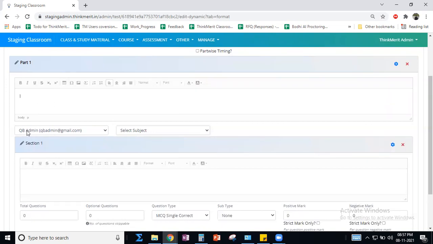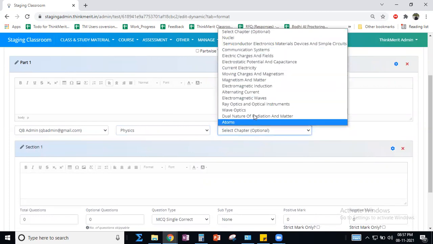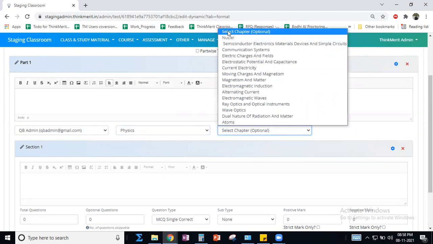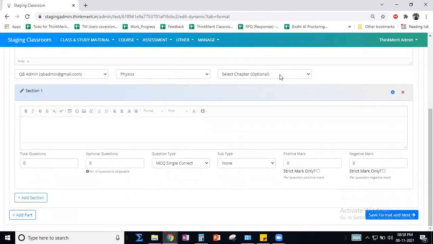Now by default, all the questions are there in one ID, that is QB admin. I will select the teacher, subject, and if I want multiple subjects, then different parts can be added and a single paper will be created for different subjects. If you want it randomly from all the subjects of physics, then no need to select any subject. Even if you select a subject, then there is a topic option if you have segregated the questions topic-wise as well.